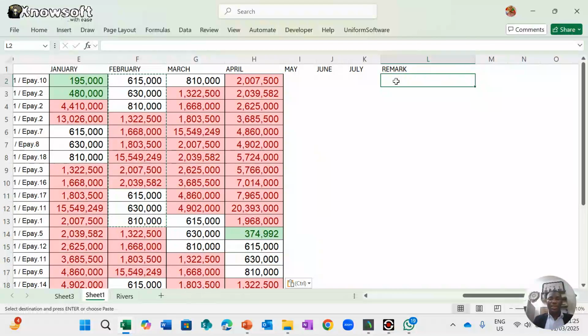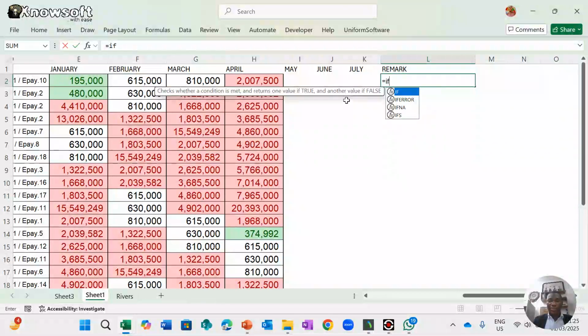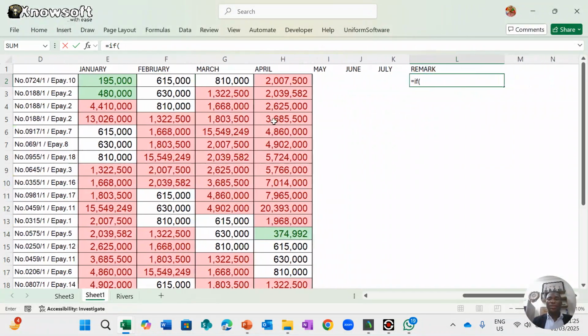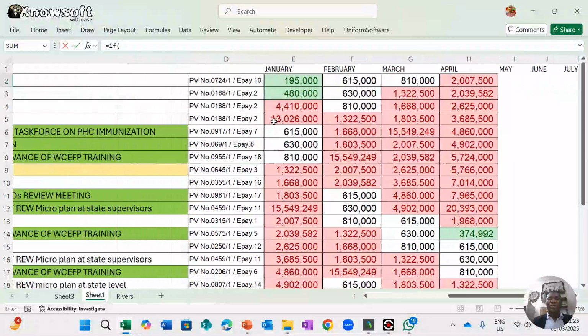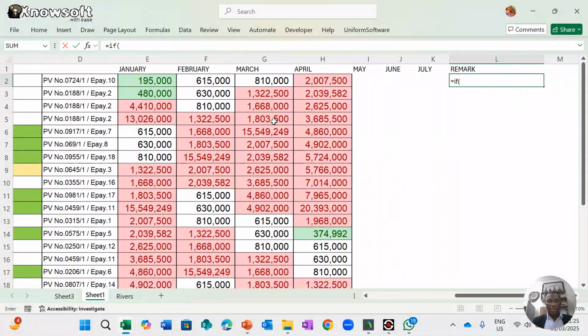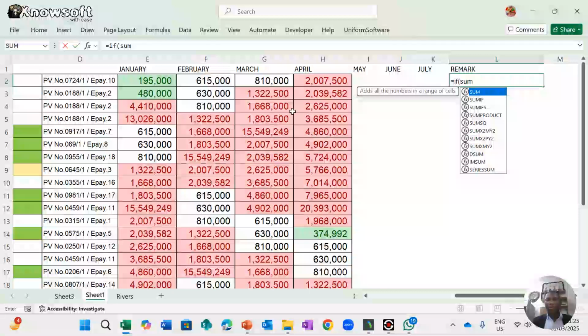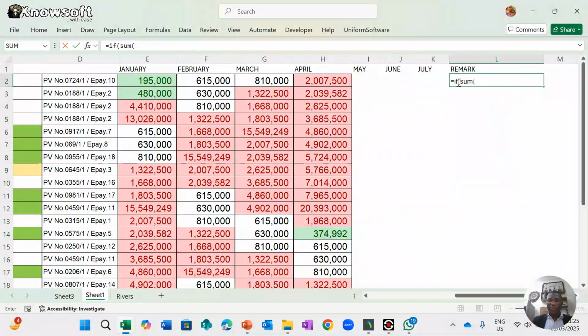We can see, okay, if the sum, you can use IF to start. IF in brackets can tell you that IF in brackets the sum of everything here,